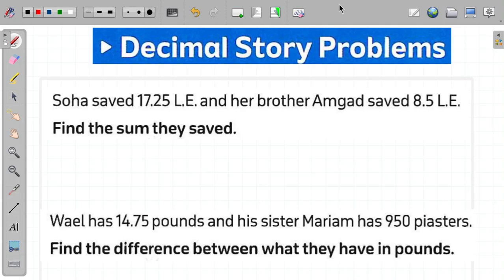The first example: Soha saved 17.25 pounds and her brother Amgad saved 8.5 pounds. Find the sum they saved. So I have here the sum, and that means 17.25 plus 8.5. I will add two numbers together to find the sum of the two numbers. So I will say here the sum equals